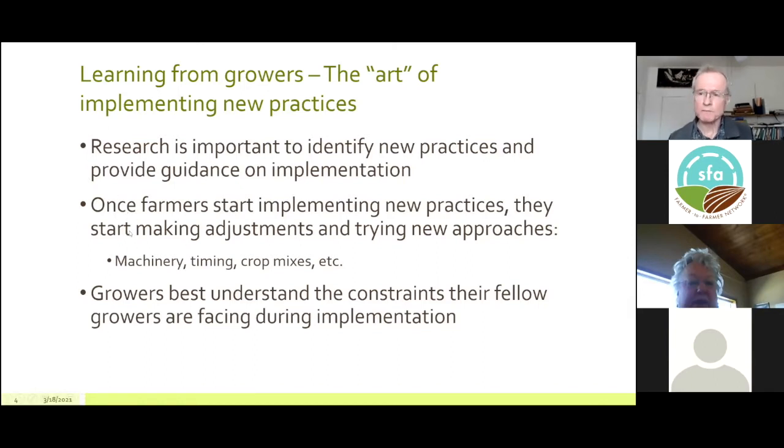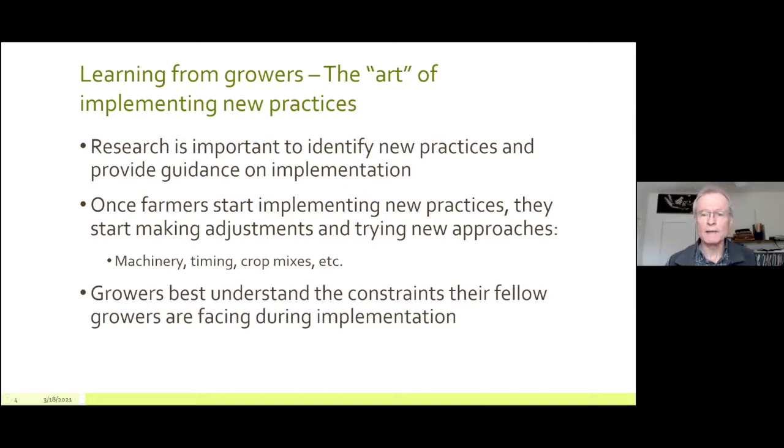So that's really what we're trying to get this farmer to farmer connection to be able to talk about how to make these things work. And again, as Ken Solberg says, getting to the art of implementing those new practices. How do you put in a mix that works for you, and how do you tweak that system so it functions and generates the benefits we'd like to see?